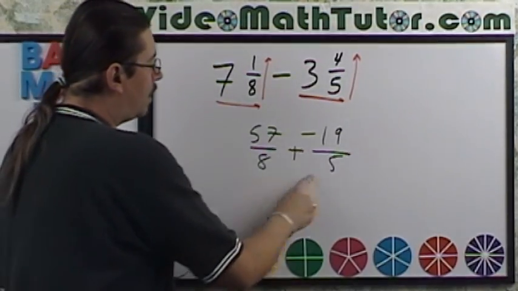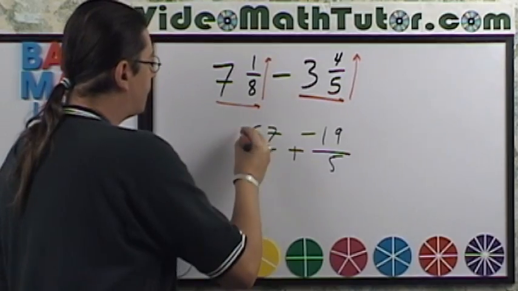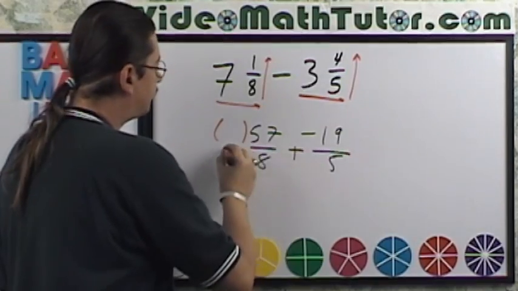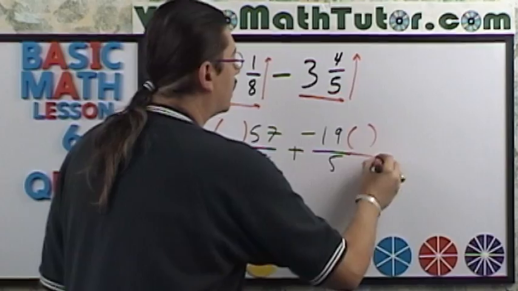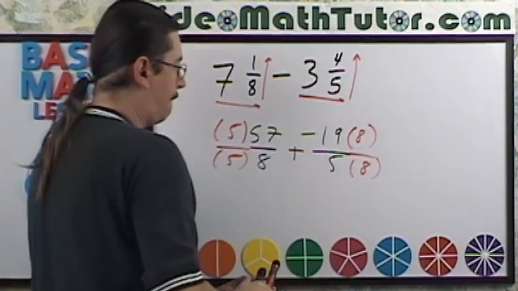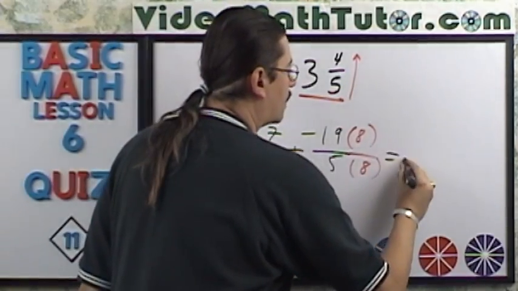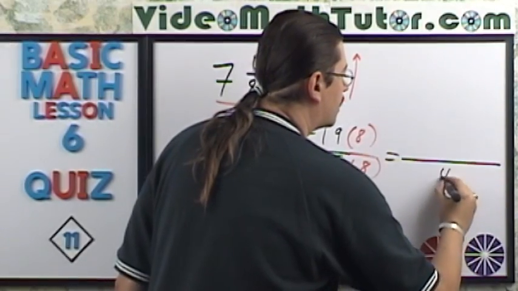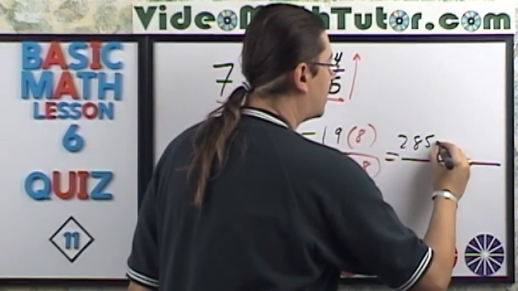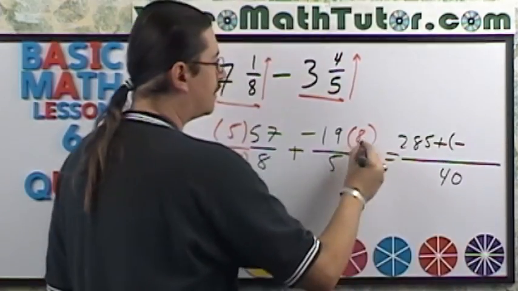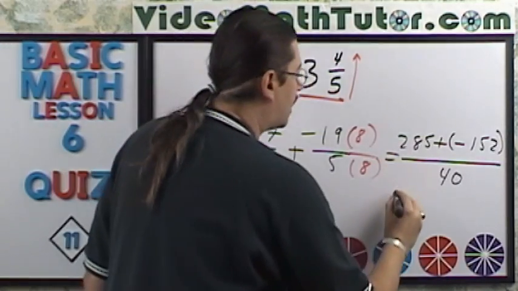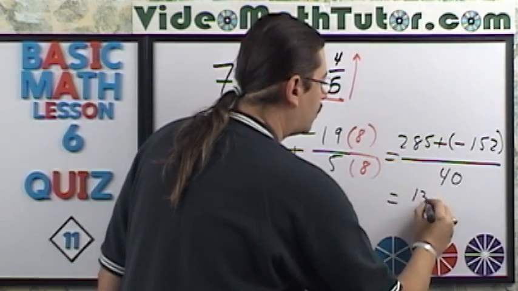My LCD is going to be, well, just times the two of them together. Because no 5's fit into 8 and 8's don't fit into 5's. Nothing in common. So let's do that right now. So put the 5's here and the 8's over here. So my common denominator is 40, and I'm going to get 285 plus a negative 152. And when you put that together, you're going to get 133